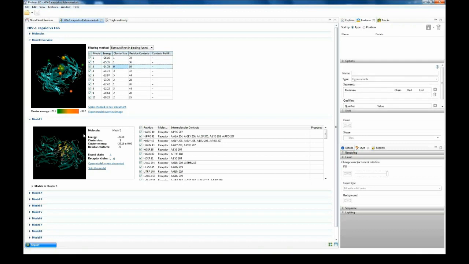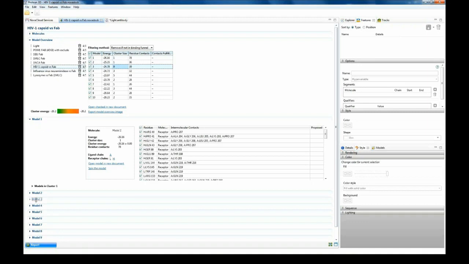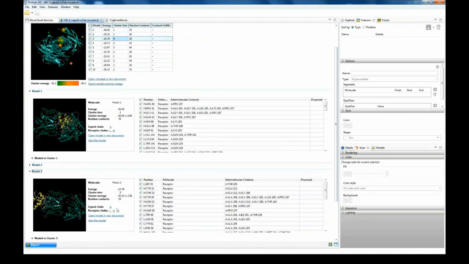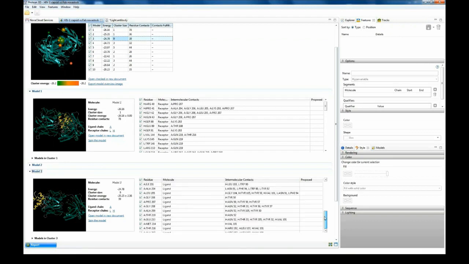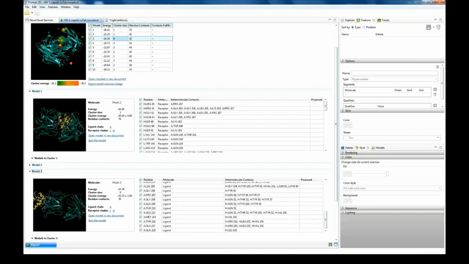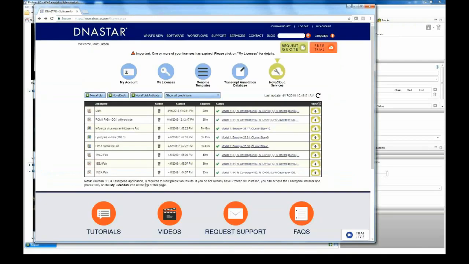So what I'm going to do is open up this third model because that's the one I'm most interested in. And I can then see the residue interaction between the receptor and the ligand surfaces with the intermolecular contacts. Now, this is also displayed in a cloud interface. It's not required to use Protean 3D for these models. We can submit them directly through Nova Cloud Services through this web interface and then access these models